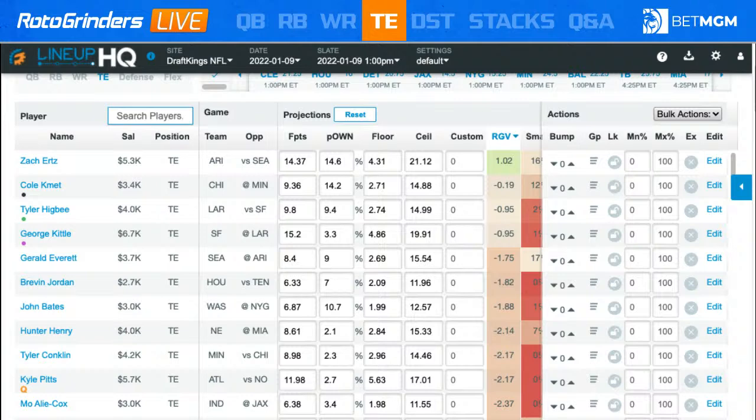We've got to be efficient here, Grant, because we have some questions on layaway, but your thoughts as far as tight ends? I mean, Cole Kmet, Everett, Conklin, if you want to go cheap. I like playing Kittle and Andrews. The one that doesn't seem like it's going to be played nearly enough is Higbee. The guy can have big games. He hasn't had a touchdown in a while, but he's still putting up 12, 9 points in the last 3 games. So it's a pivot off of Kupp a little bit. Pivot off Michelle, like maybe he sneaks a touchdown or 2. And then Gronk,